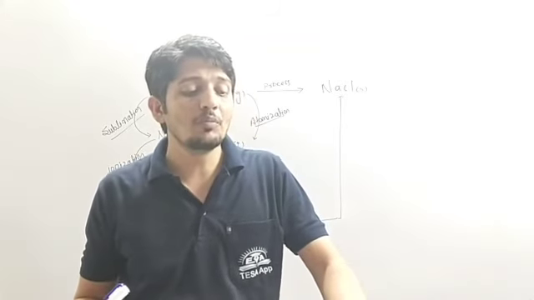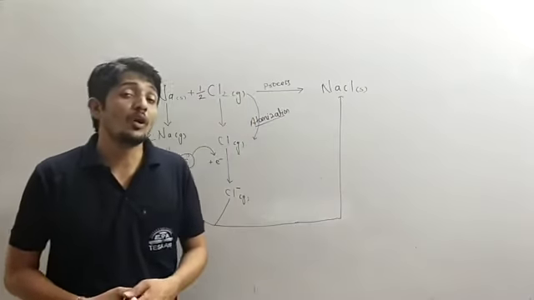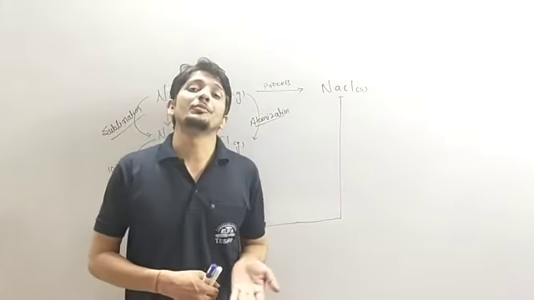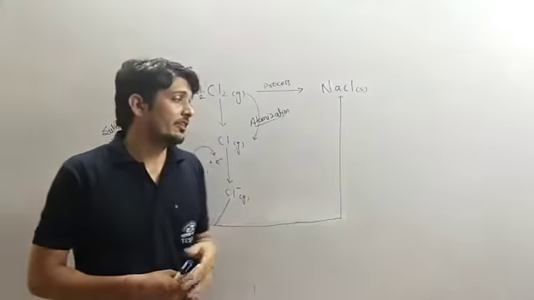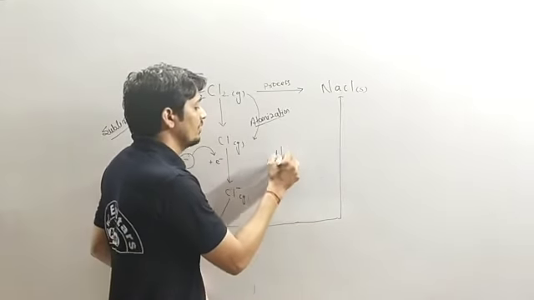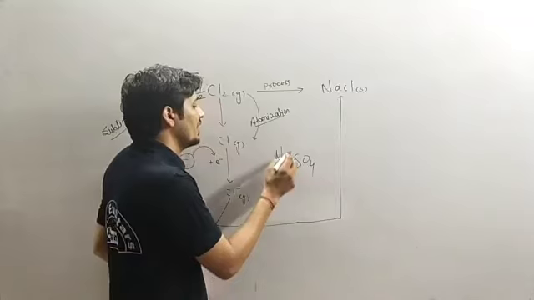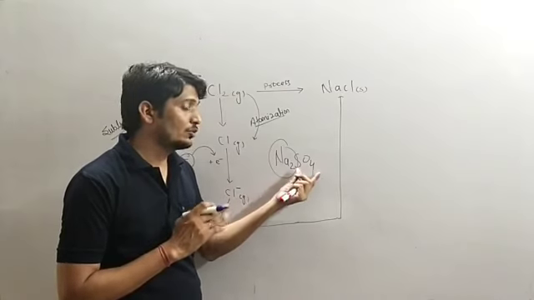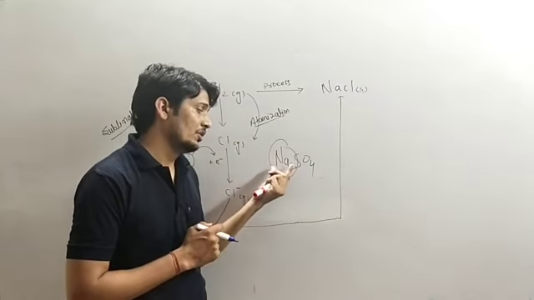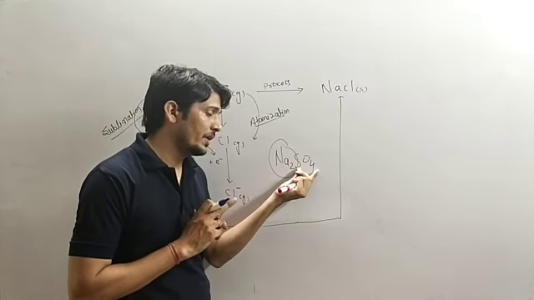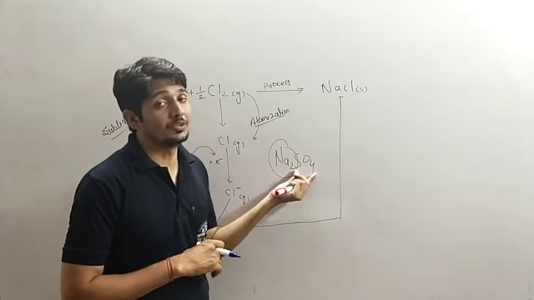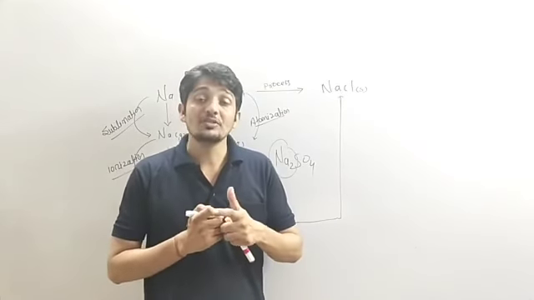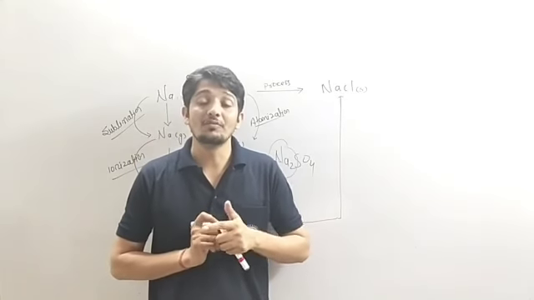And how are the molecular formulas of the compounds written? The molecular formula of the compound is written in the form of the positive species followed by the negative species. Like here we have sodium chloride. We will take the example of sodium sulfate. What is sodium sulfate? Na2SO4. Here again sodium is the positively charged species, so it is written first, then SO4, which is the negative ion, follows. So we write the positive species first and then the sulfate, which is the negative species. तो पॉजिटिव स्पीसीज को हम पहले लिखेंगे और नेगेटिव को बाद में. Okay, so likewise we are writing the molecular formula of the compounds.